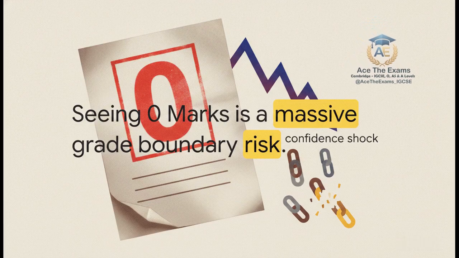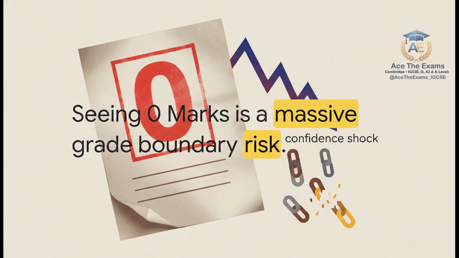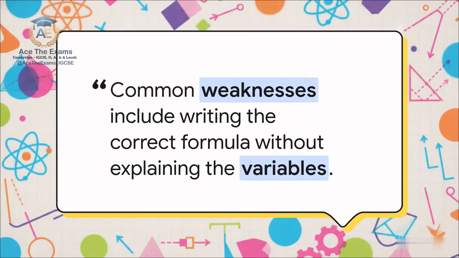And what happens? Students panic. They abandon their reasoning and start throwing every memorized fact they know at the page, desperately hoping something sticks. But in Cambridge IGCSE physics, isolated facts do not score the big points. Cause and effect does. And this perfectly illustrates a painfully common, flawed exam mistake.